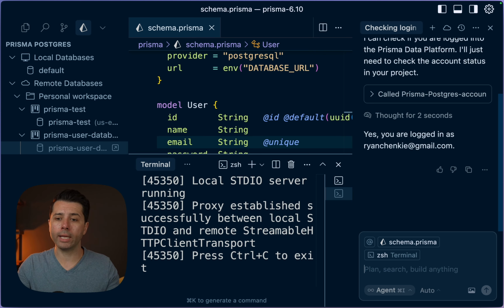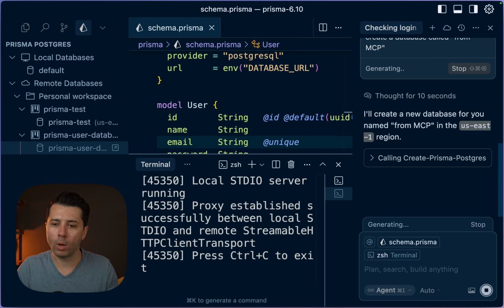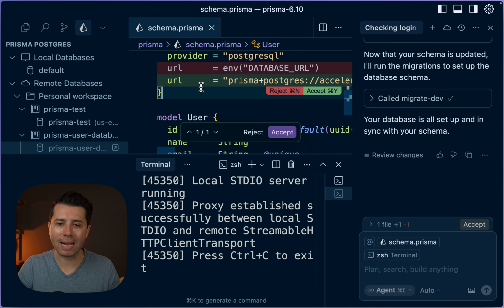All right, cool. So it has come back and said we are logged in. That's what we expect. And now let's do create a database called from MCP, something like that. Cursor decided to use US East 1. I like that decision. Okay, so Cursor even decided to put the new connection string directly in the schema file